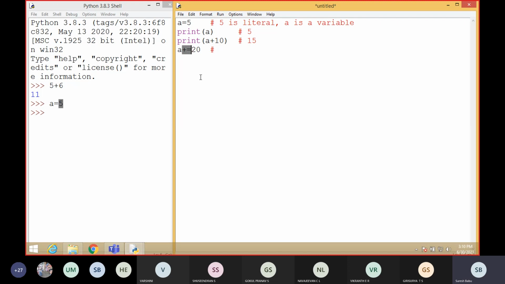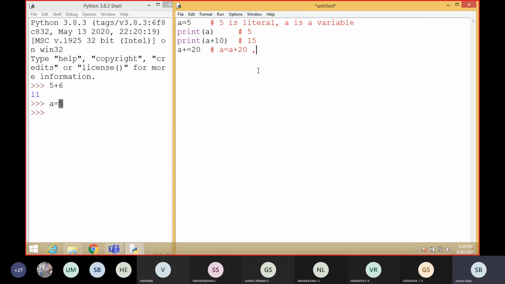A plus equal to is the augmented assignment operator, the shorthand assignment. I explained everything in the classes. Students, kindly practice and try to give the response during the classes. For this kind of thing you have to expand the expression. It will be expanded like a equal to a plus 20.